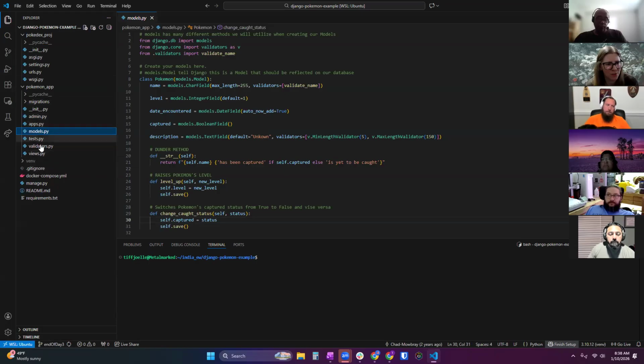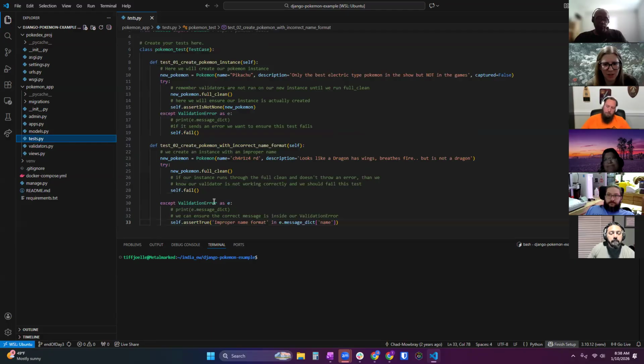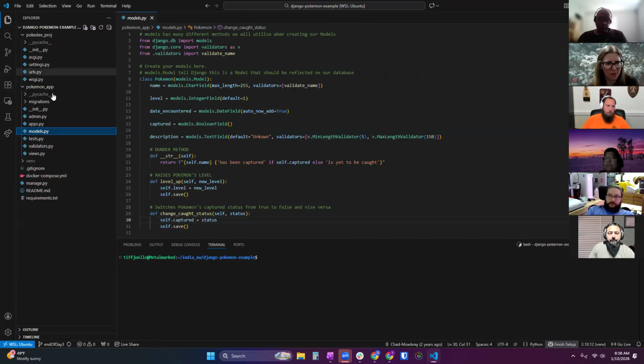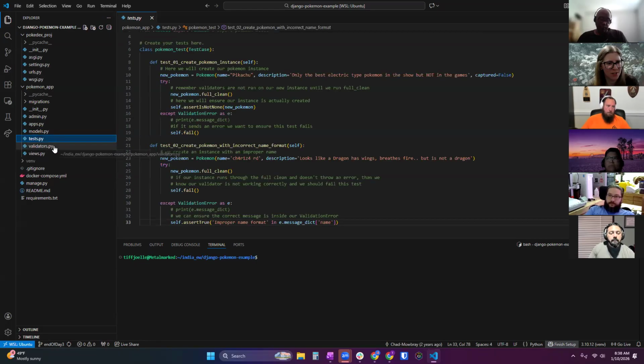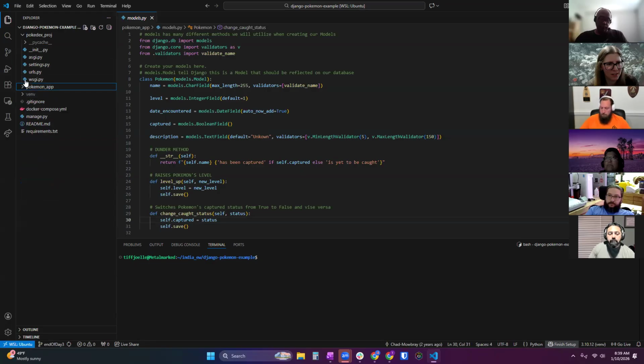There were also a few more tests, testing the validation. So I think the only ones you need to make sure are updated are models, tests, and validators. Okay, so we are starting from there.